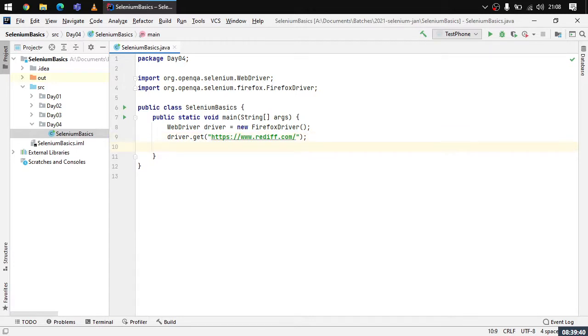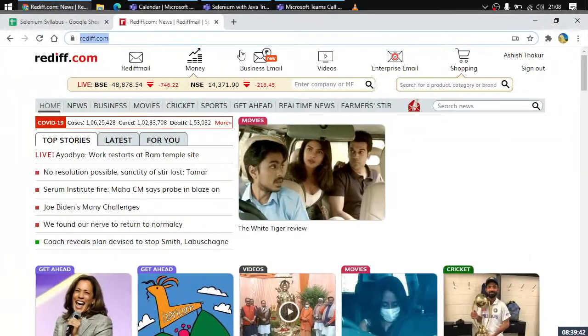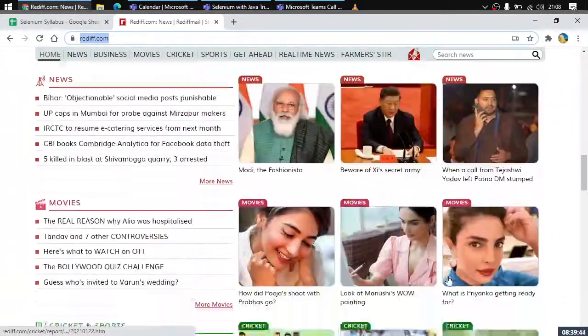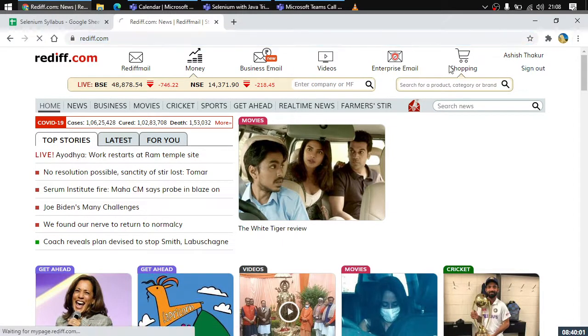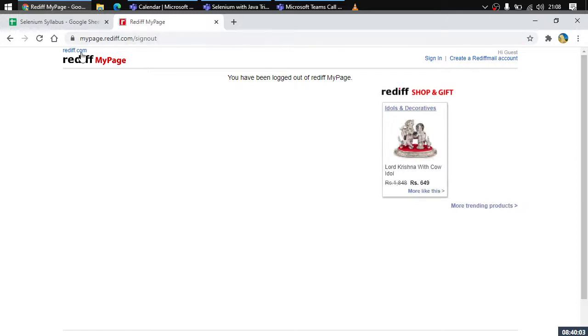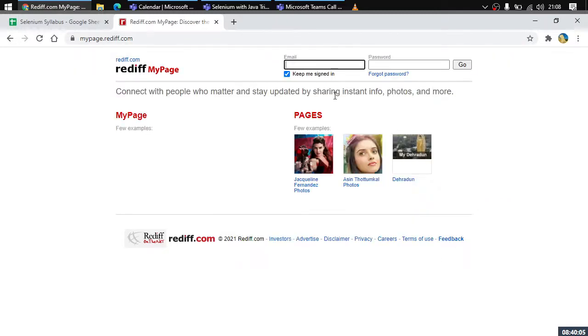Now the next thing is, we need to deal with the things here. You can see that there are a lot of things. There are multiple links. There are multiple images. A lot of things on this page. The question comes up, how would we be able to deal with the things on this particular page, right? So let us do one thing. Let us get to a very simpler page, then we will be moving on to a bigger page, right?